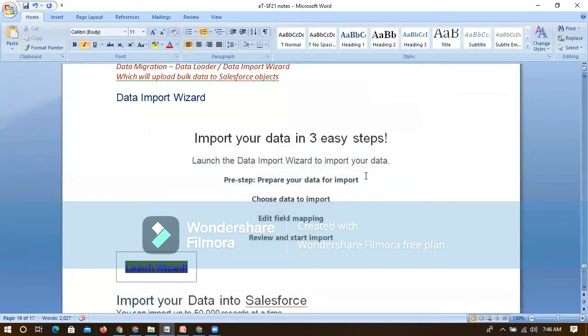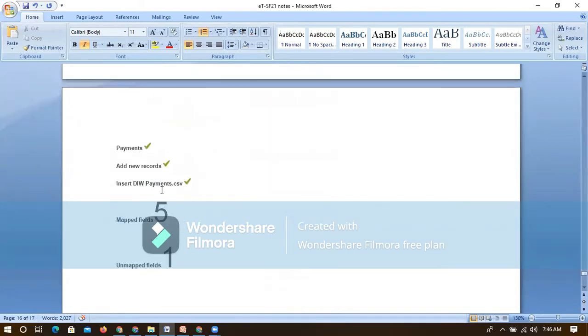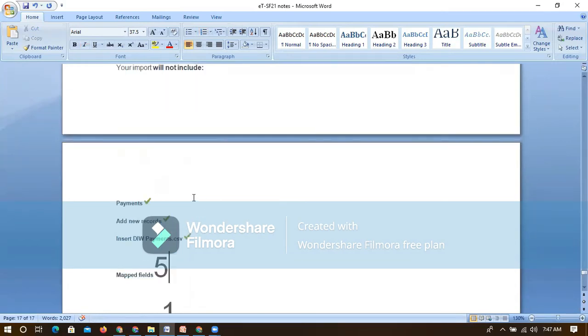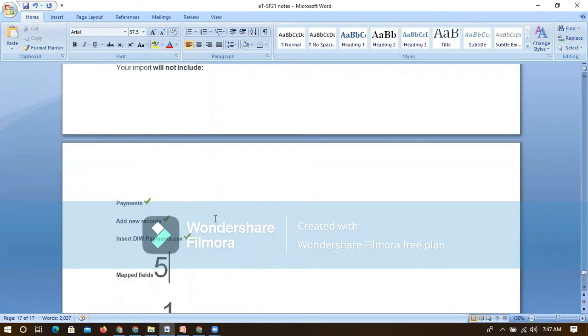Okay, so let's quickly jump in. It will showcase the total number of fields we were using and how many are unmapped. You have to go over there and see what is happening with this. If it is an auto number format or a formula field, it will automatically be handled. Other than that, we have to map it. If you give the same label and same name, it will choose it by default, but we have to confirm before doing this.